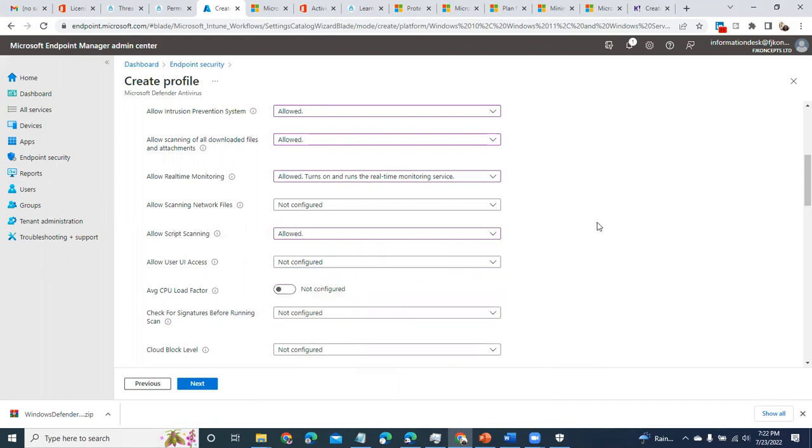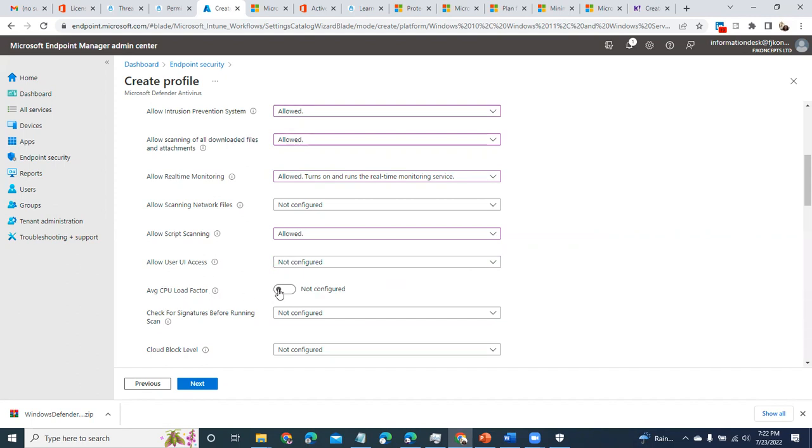This has nothing to do with security. This is just about user experience. Some people don't want users to know whether malware is being detected, especially executives. Most times you find executives, they're not interested. They believe that they're paying you guys to do the job. So this is not a security requirement, it's just nice to have.